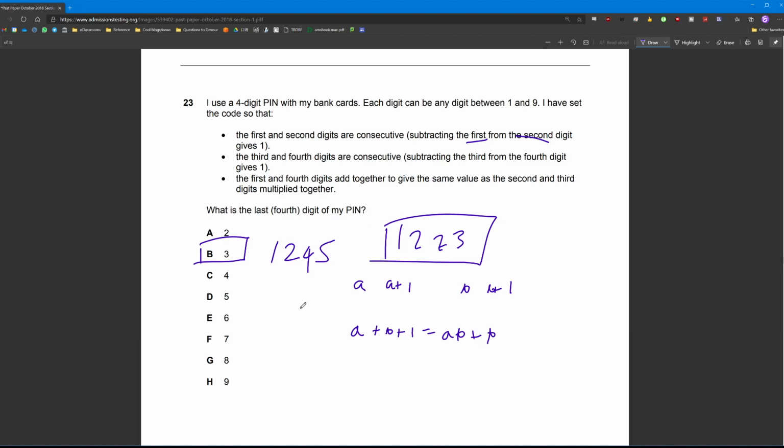Like this. And I realized this is too big compared to the stuff we get when we add it up. And going down one more, again, we get the same problem. This is too big compared to what happens when we add these up. And so continuing to go down after testing things like 1289 or 1278 and noticing that always the number multiplying together in the middle is too big, I finally reached this answer of 1, 2, and 2, 3 because it is just right, such that it fulfills the requirements of the question, because 2 times 2 is 4 and 1 plus 3